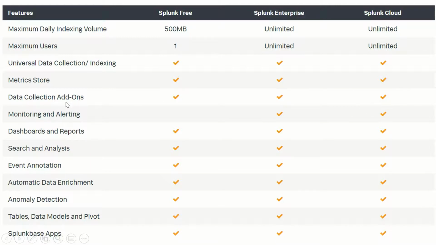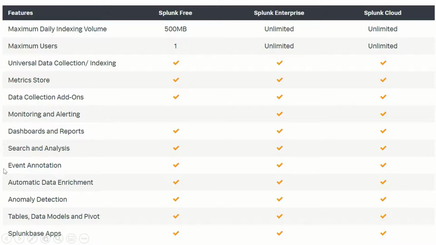So we use data add-on. Data add-on is supported by all the flavors, all the deployments. Metrics storage is also supported by all the deployments. Monitoring and alerting is the part where Splunk free version doesn't support this functionality, but enterprise and cloud versions support it.